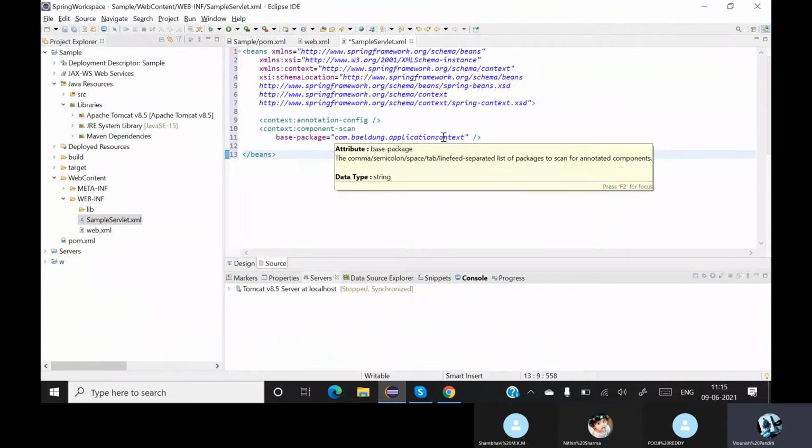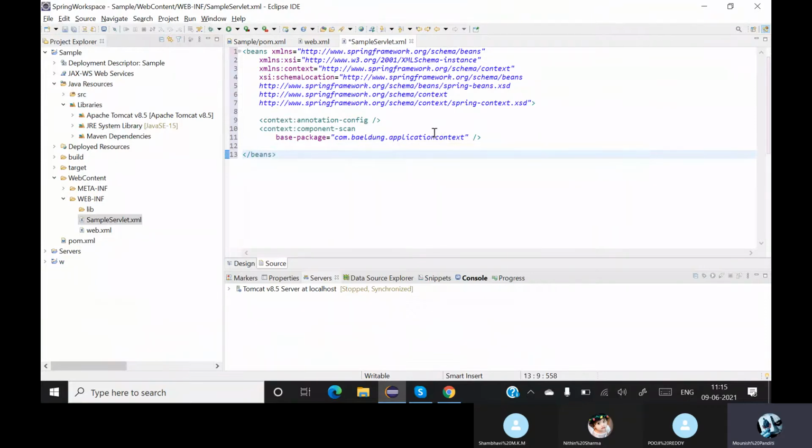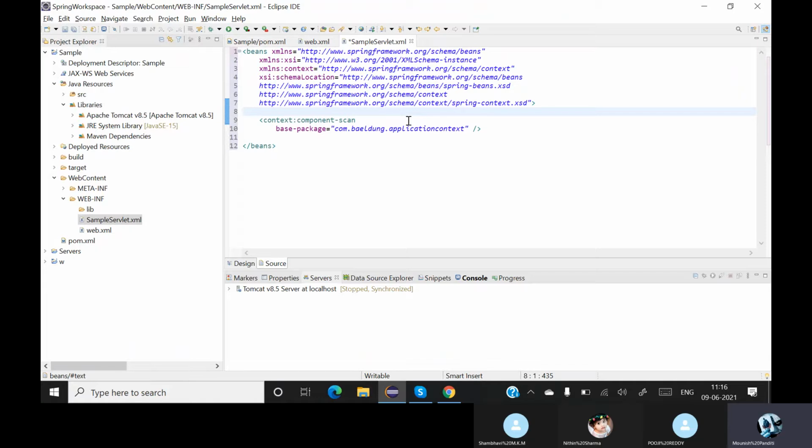Now if you see over here, we have some things to add. One, this is basically not required, so I'll remove this. So after this I am telling the base package. So once I create, you'll be having a base package. So let the base package be only com itself. I don't want to add Monish also. So now basically what we are having is we are just giving the component scan.